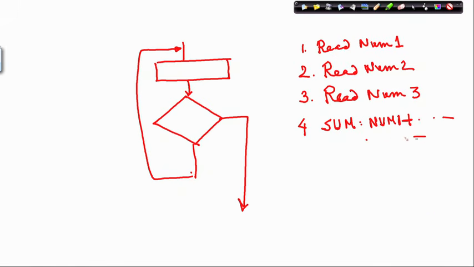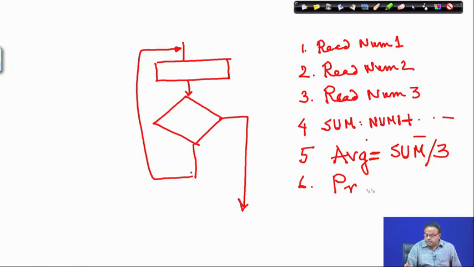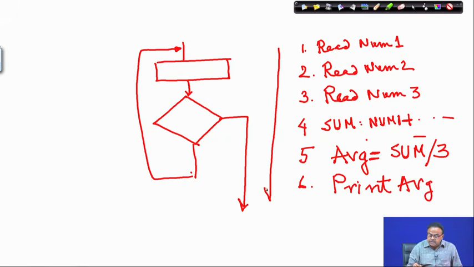I add them and then I compute the average to be sum divided by 3, right. And then we print the sum, print the average. So, this entire thing is going in a sequence, all right, just one after another, no change in the path.